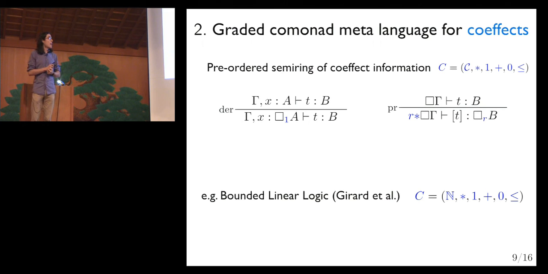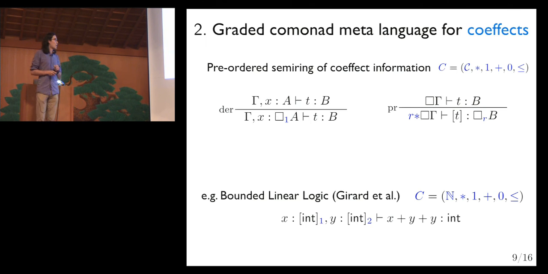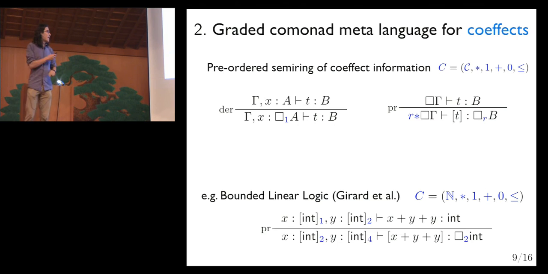The promotion rule says, I've got this expression T of type B, and let's say I want R copies of T. Then we also need to multiply all our requirements in the context by R. So this notation box gamma means that everything in the context has the coeffect box on it with some information, and then on the bottom we're lifting multiply by r to multiply each part of the context by r. So for example, if I've got this expression x plus y, its coeffect type says that x is used once and y is used twice, and let's say I want 2 copies of that output, then we multiply the context by 2, and we now know that of x we need 2 copies and of y we need 4 copies.